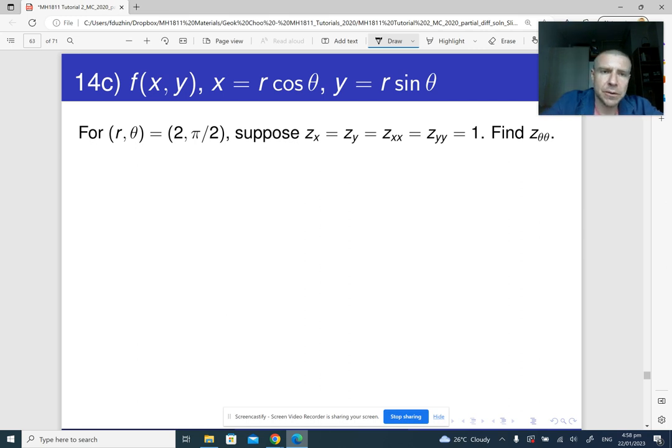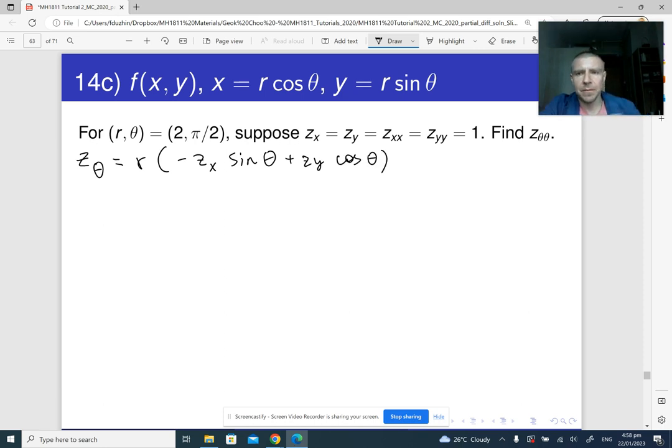Recall that we already found in part A that the first derivative of zeta with respect to theta is r times (minus zx sine theta plus zy cosine theta), right? Okay, now,